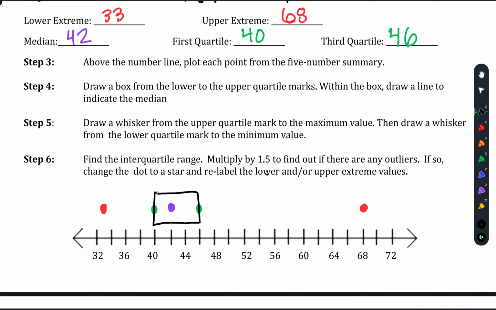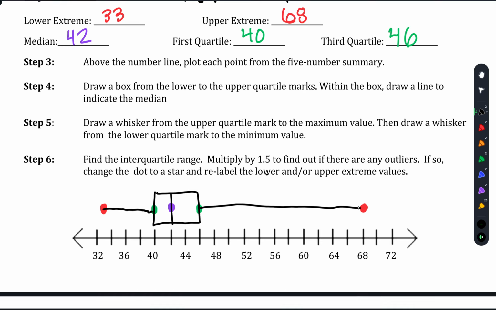We have to make sure that we draw a line through the box to indicate where the median is. And then we're going to connect the whiskers to that box. That's essentially all we need to do for our box and whisker plot. However,